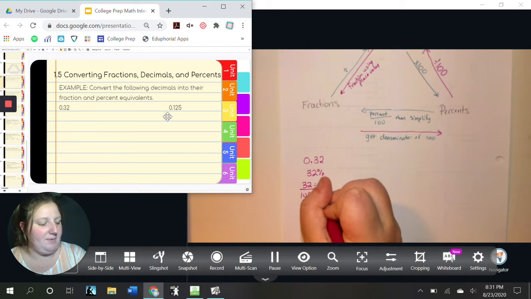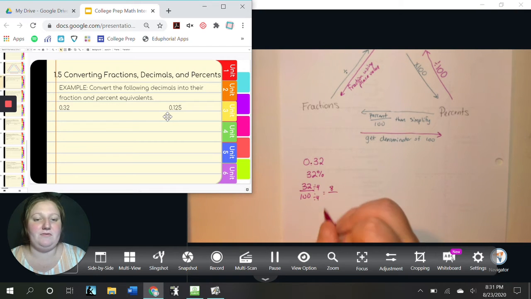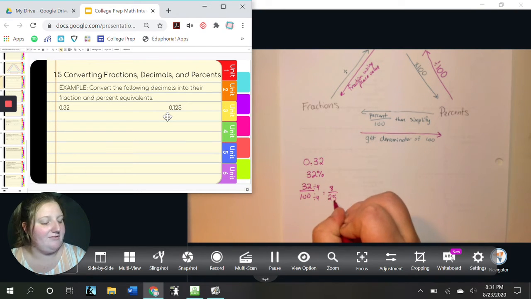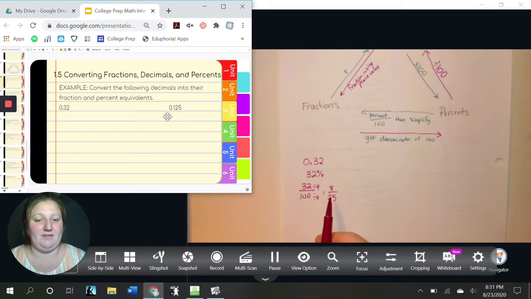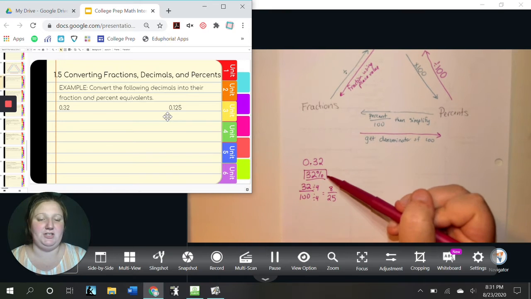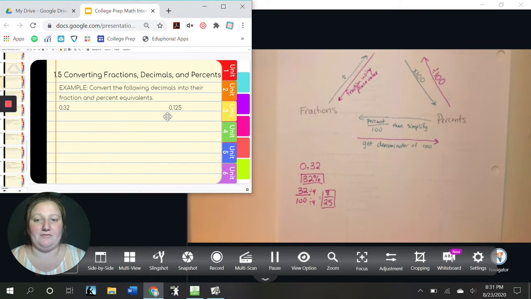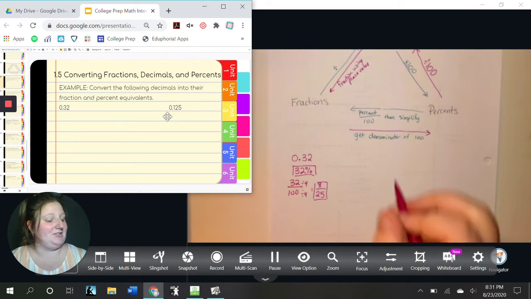But if I divide by 4, 32 divided by 4 is 8, and 100 divided by 4 is 25, and then 8 and 25 don't have any common factors. So that would be our fraction form. So our decimal was converted into 32% and into 8 over 25. All right, so that was our first decimal conversion. Let's do it again with